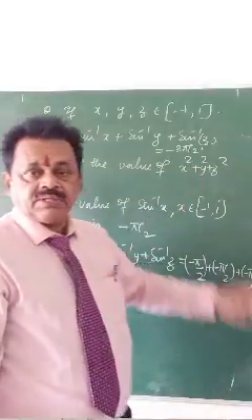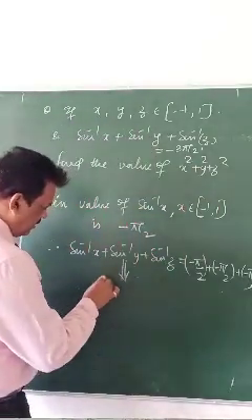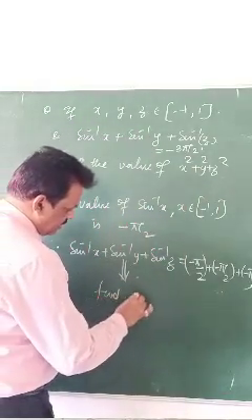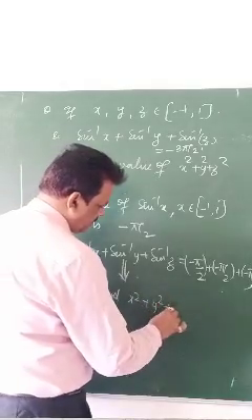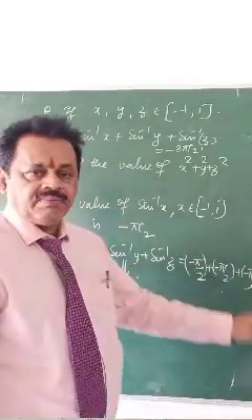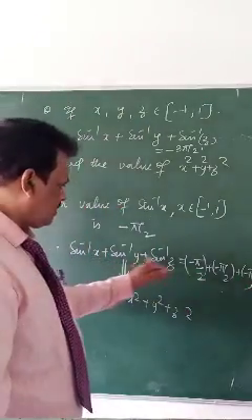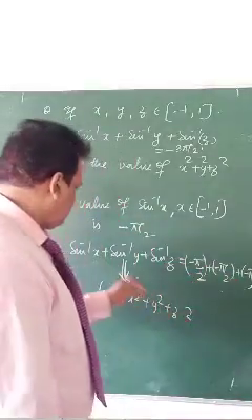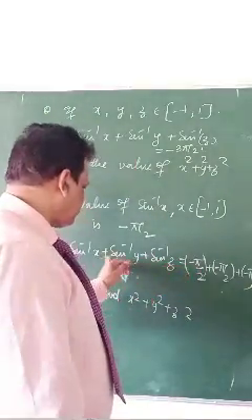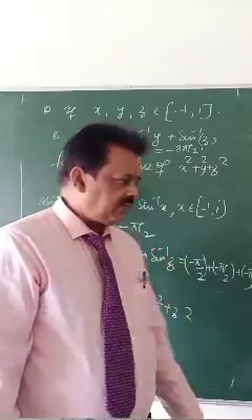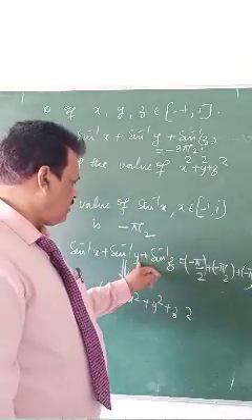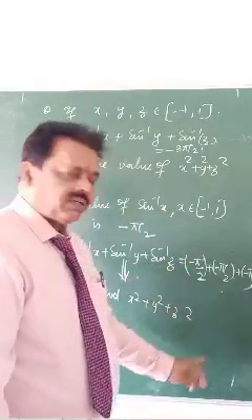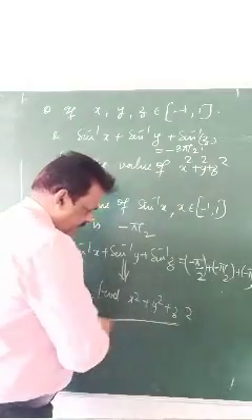Proceed the way I solved the previous question. Then you find x square plus y square plus z square. The same method applies. Sin inverse x is minus pi by 2, so x is equal to minus sin pi by 2. So x will be minus 1, y will be minus 1, z will be minus 1. You put it here, so you complete it.